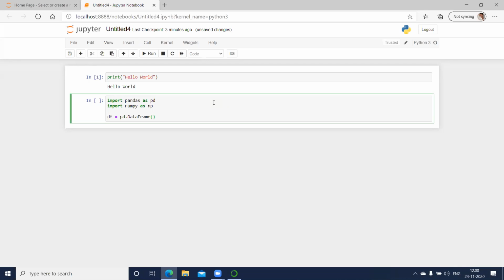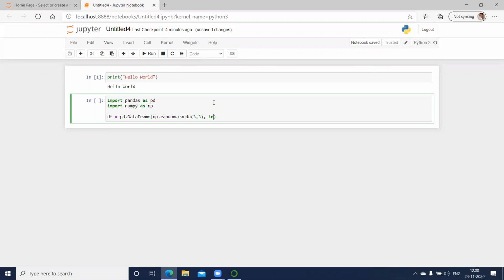So I can simply give np.random. I'm using the random function from numpy, and I can create random numbers and fill it in a 3 comma 3 array here. Okay, and because I'm converting this whole array into a data frame and then storing it into df,